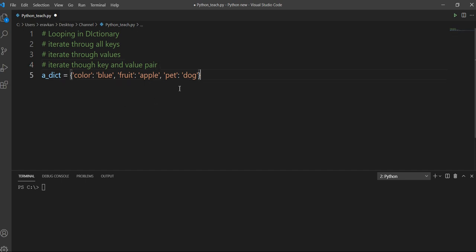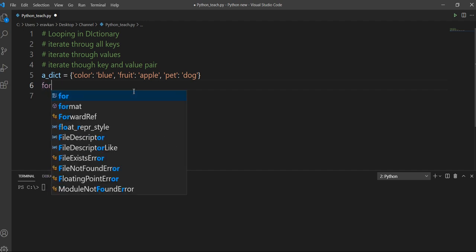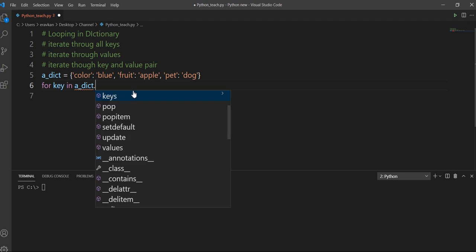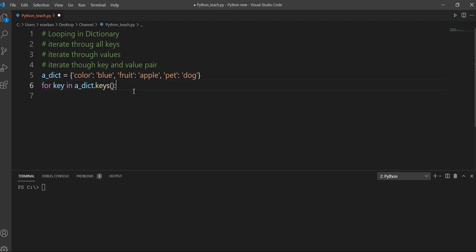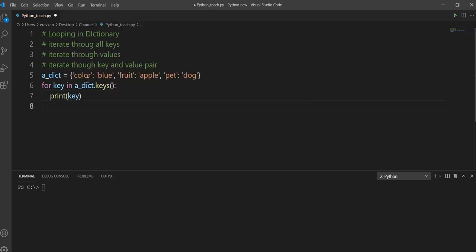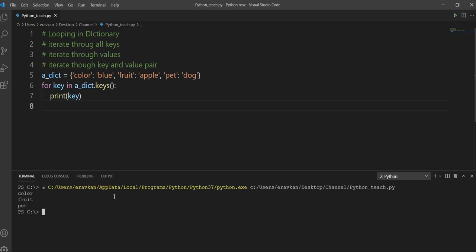So let's take the example of this dictionary that I have available with me. There is a method we have already discussed, dictionary.keys. So if I do for key in a_dictionary.keys() and print key, in this way I can get all the keys of my dictionary.